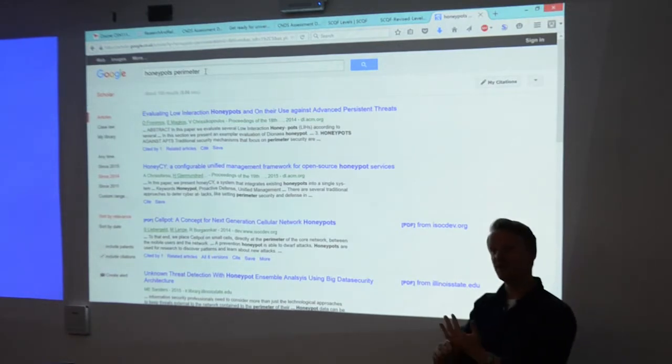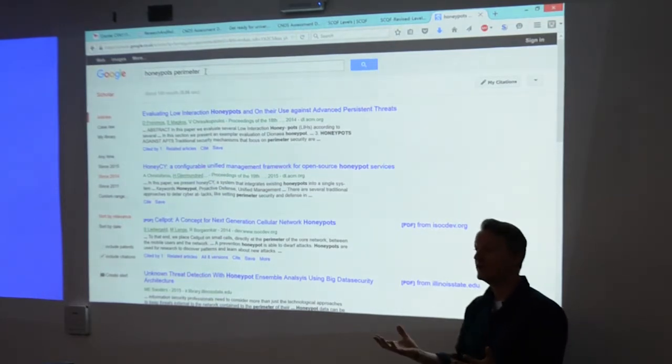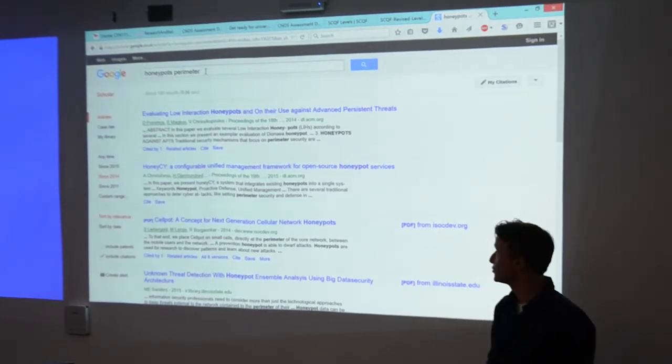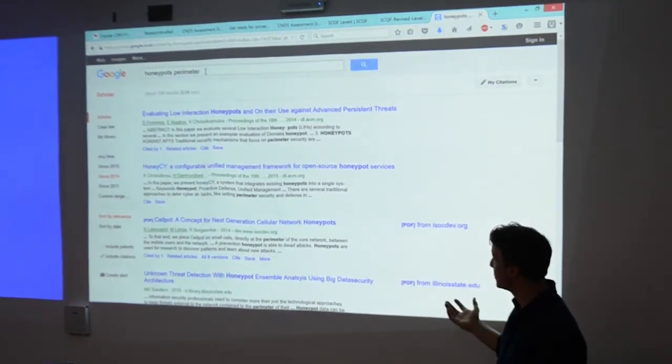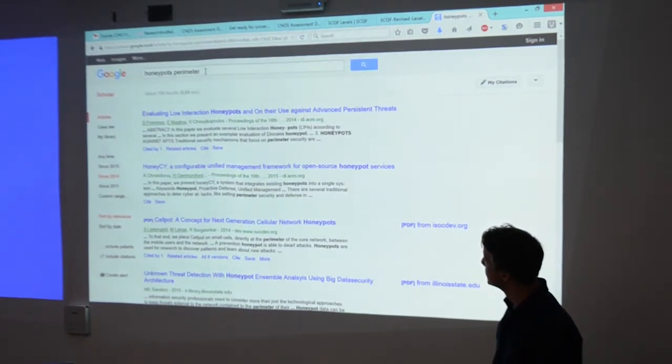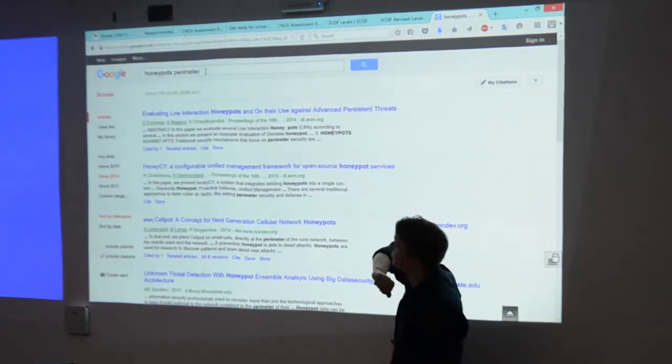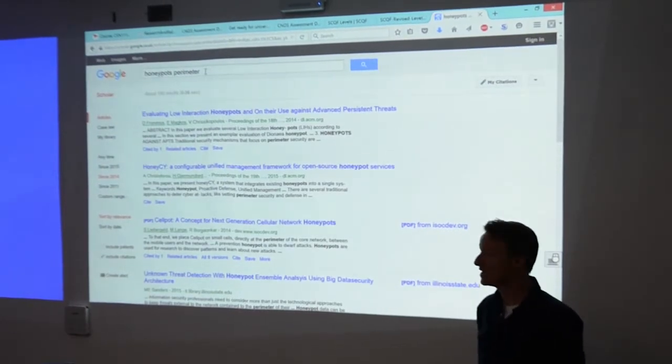So things like taxonomies and surveys are quite good. If you're looking to find a hole in an area, survey papers are always good because they usually cover an area and then identify gaps in the research and things like that. Taxonomies are quite good because they tend to classify a topic, a subject you're looking at. So you could maybe look at a taxonomy of honeypots. I put in perimeter there just to see if there's anything that jumps out straight away about perimeter things. So that's quite interesting, advanced persistent threats. That's quite a nice angle to have a look at.